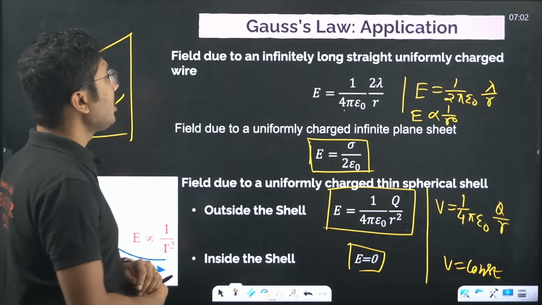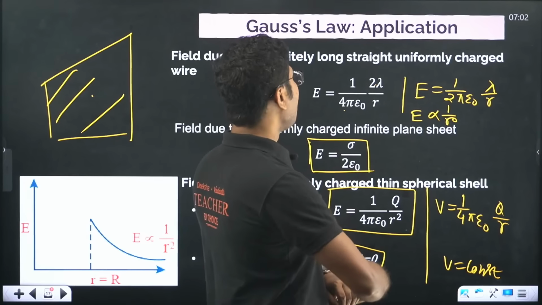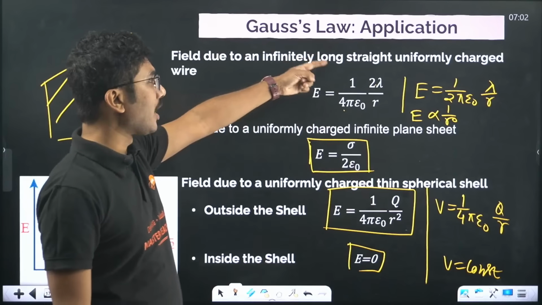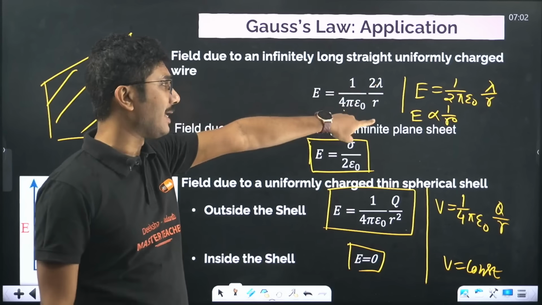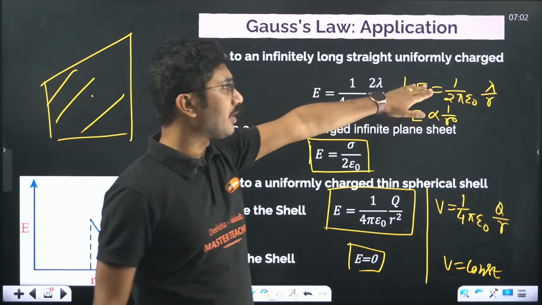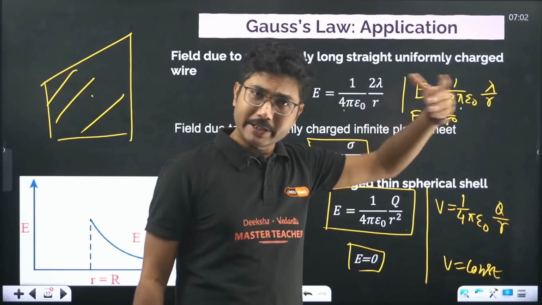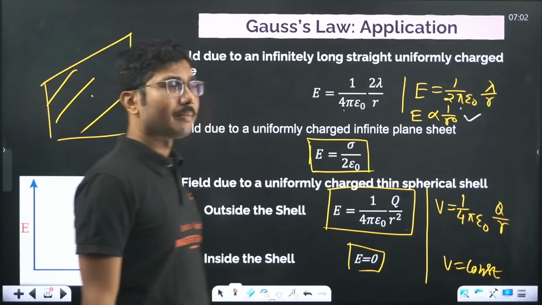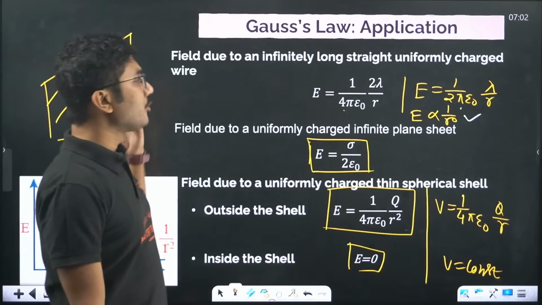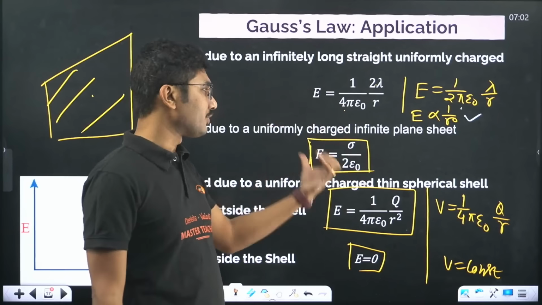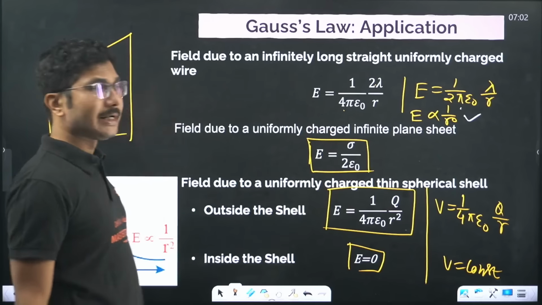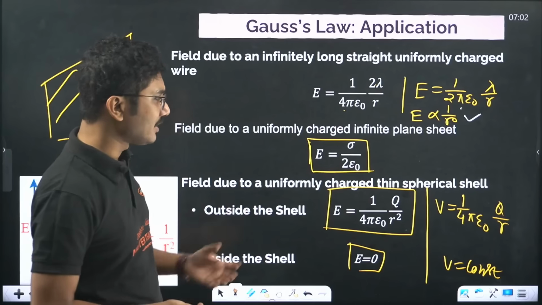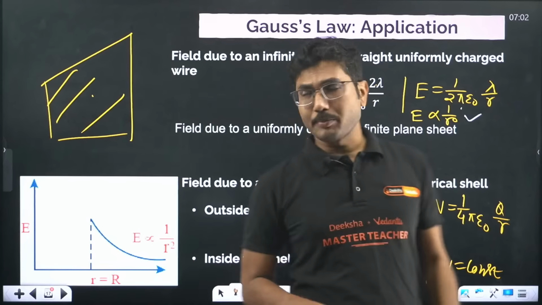Now let's move on. Application of Gauss's law. Electric field due to a straight uniformly charged wire is 1 by 4 pi epsilon naught times 2 lambda by r. If you are comfortable with 1 by 2 pi epsilon naught lambda by r, that is also fine, but the major thing is that electric field is proportional to 1 by r. Electric field due to a uniformly charged plane sheet is constant, which is given by sigma by 2 epsilon naught. Field due to a uniformly charged thin spherical shell is proportional to 1 by r square